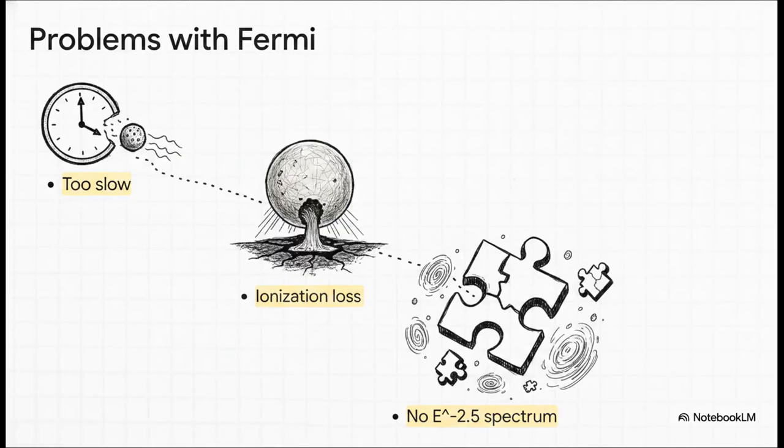So Fermi's early theory essentially hit a brick wall for three big reasons. First, as we said, that second-order acceleration is just way too slow, since cloud velocities are tiny compared to the speed of light. Second is the injection problem. Particles start out with low energies, meaning they lose all their juice to basic ionization long before the random clouds could ever speed them up. And third, there was absolutely nothing in this theory to explain why we see a universal power law spectrum across the cosmos. It was a beautiful idea, totally ruined by reality. So how could particles possibly overcome these massive hurdles?